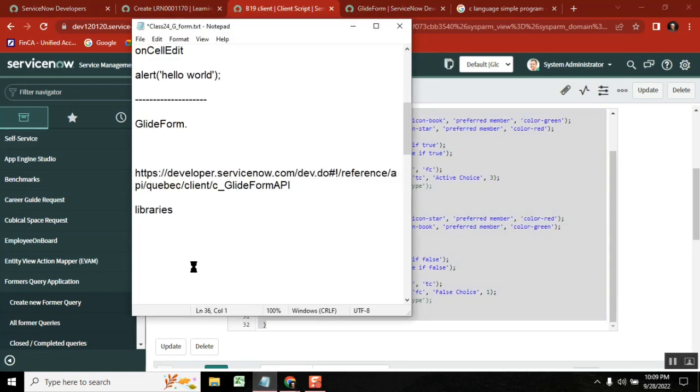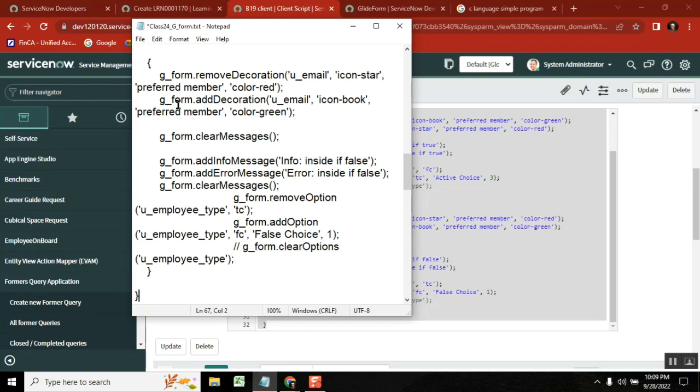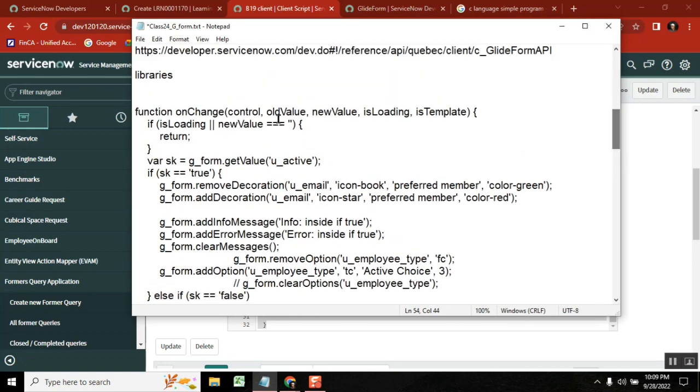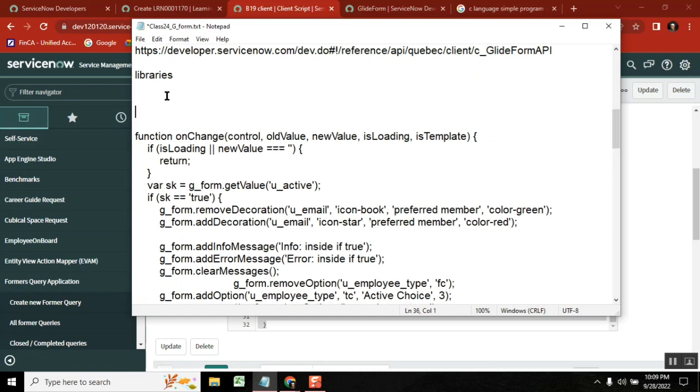What you need to practice for tomorrow is first this one, on your respective tables, on your respective fields. You need to practice this one. Second thing is, I have one special requirement. The requirement is,